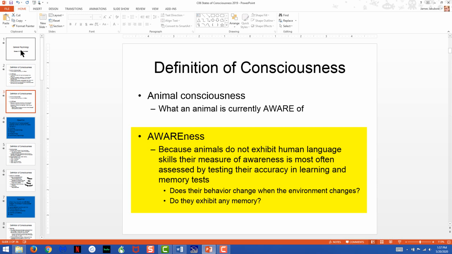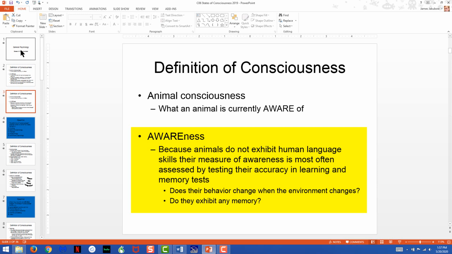I want it to be able to obey commands in my house. So what I do is I train it. I teach it to sit and stand and jump and give me your paw and other basic commands just so I can manage the dog's behavior maybe when it starts to act up. Now, under those circumstances, you can assess your dog's consciousness by seeing whether or not it has any memory and